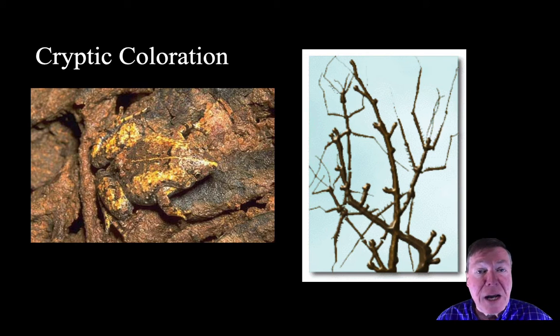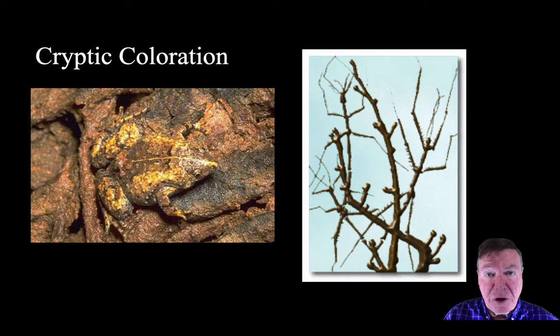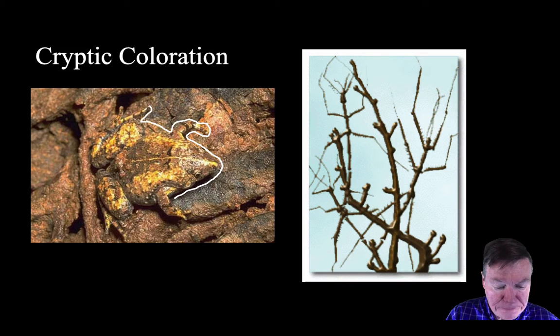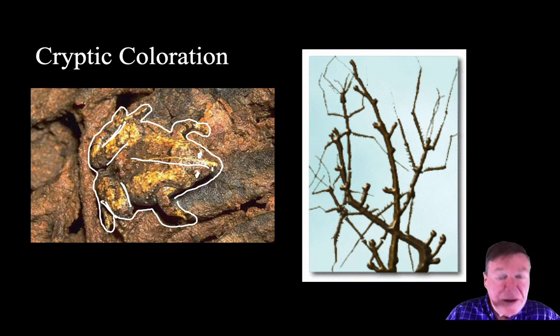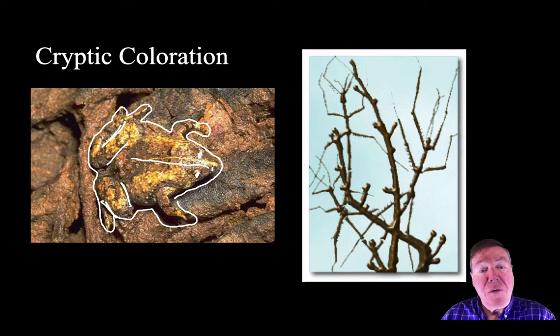Cryptic coloration, you guys would call it camouflage. Here's two pictures. Okay, on the left one, what do you see? Well, if you're good, you see a frog. It goes something like this. And its eyes are there, its nose is right there, its little hind leg kind of goes like that. There's a frog. Okay, in the middle of its back goes like that. That's a frog that is on the ground among the leaves, decaying leaves, and it looks very similar to, if I erase all of that,